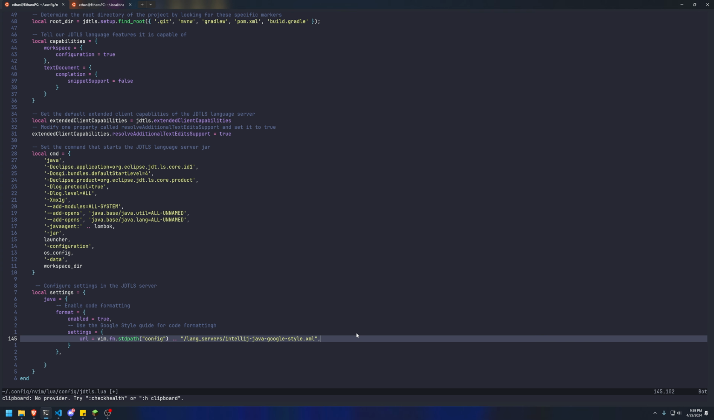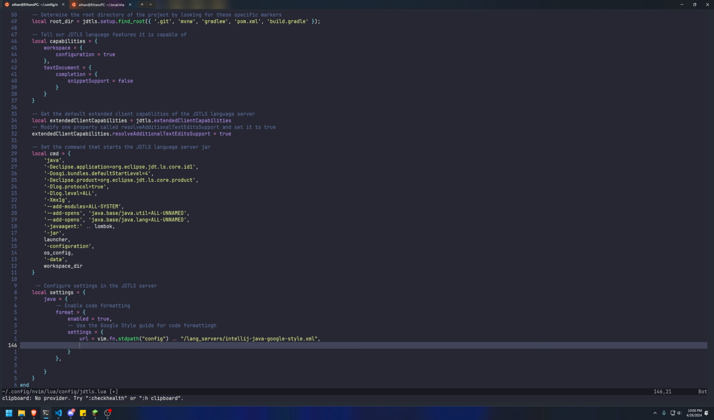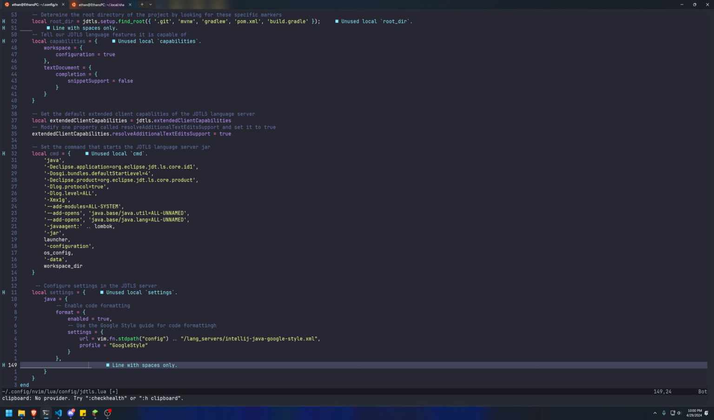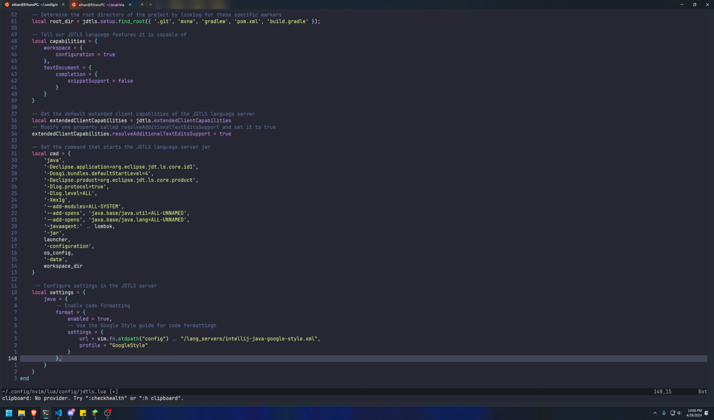So now, is this actually going to find it? I have no idea. I'm assuming that it's probably either inside the JDTLS, or since we use Mason to install it, hopefully it's there. We'll find out what happens. It'll be interesting. And then next we want to go ahead and set the profile equal to Google Java. Cool. So now we want to make sure that we are inside of Java, but outside of format, because we're